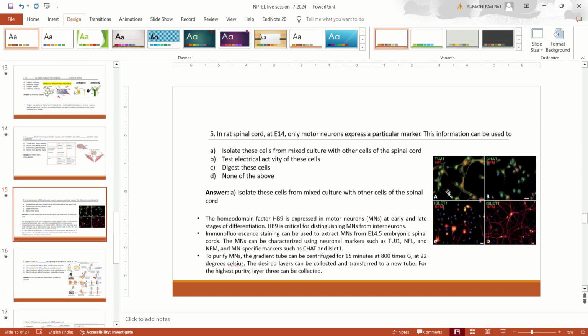Next is, in rat spinal cord at E14, only motor neurons express a particular marker. This information can be used to: isolate these cells from a mixture population with other cells of the spinal cord, test the electrical activity of these cells, digest these cells, none of the above. So you can use this information like we